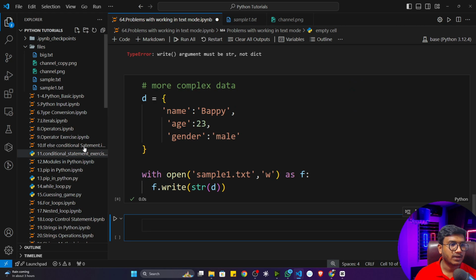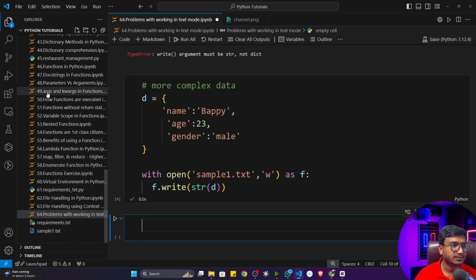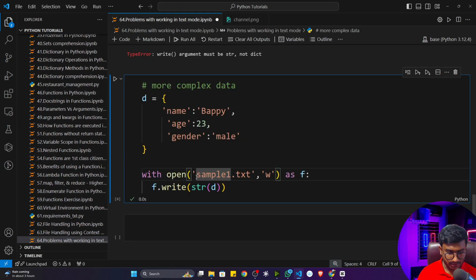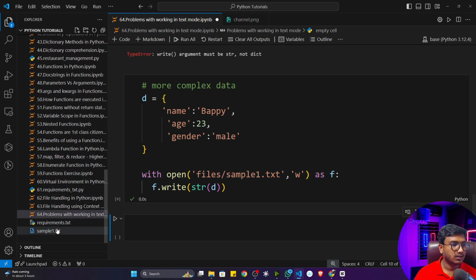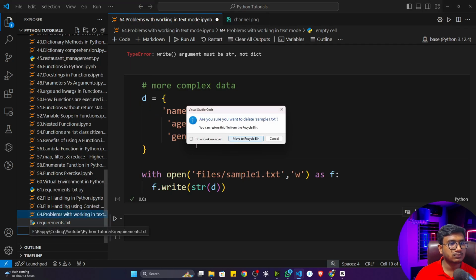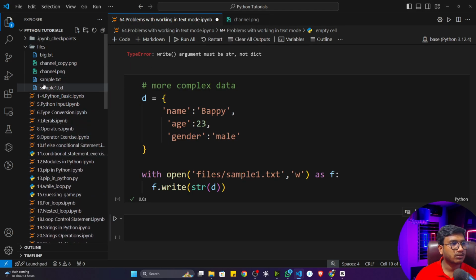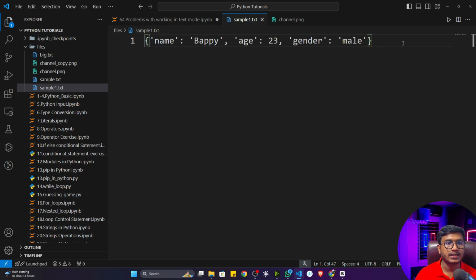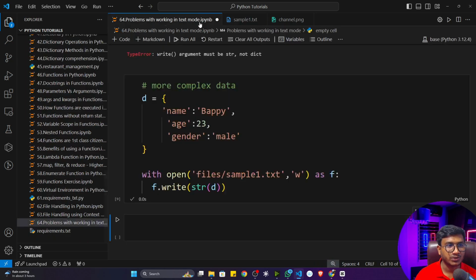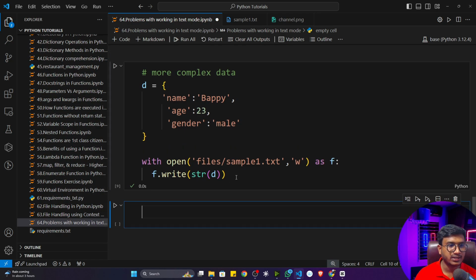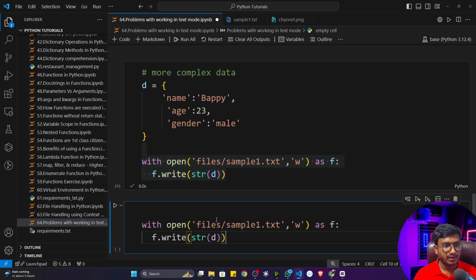Now if I execute, inside sample1, sorry, I need to give my file location. Now if I execute, inside sample1 you can see it has stored. But again, it looks like a dictionary, but it's not a dictionary. Let me show you. Let's read this particular file.